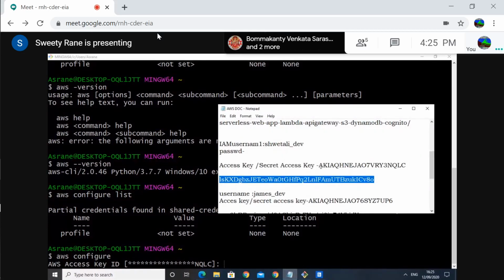Yeah, this is the access key. No, it's not showing in your list. It's not saved. Where is it saved?